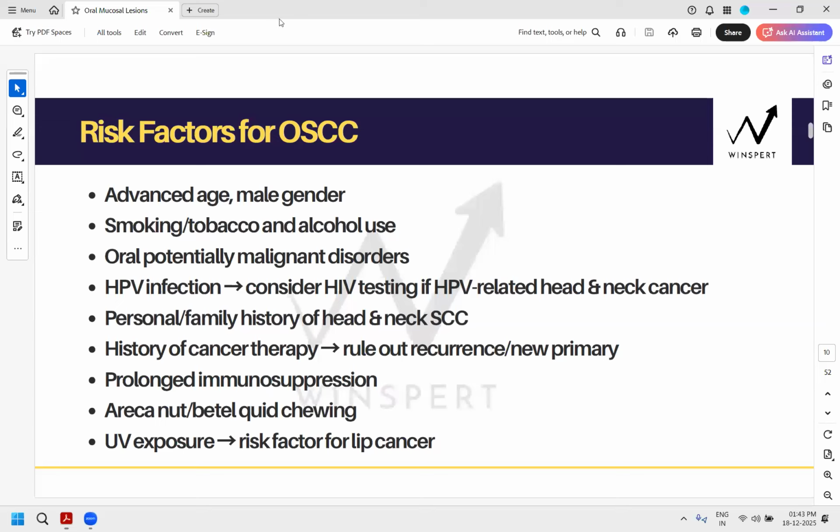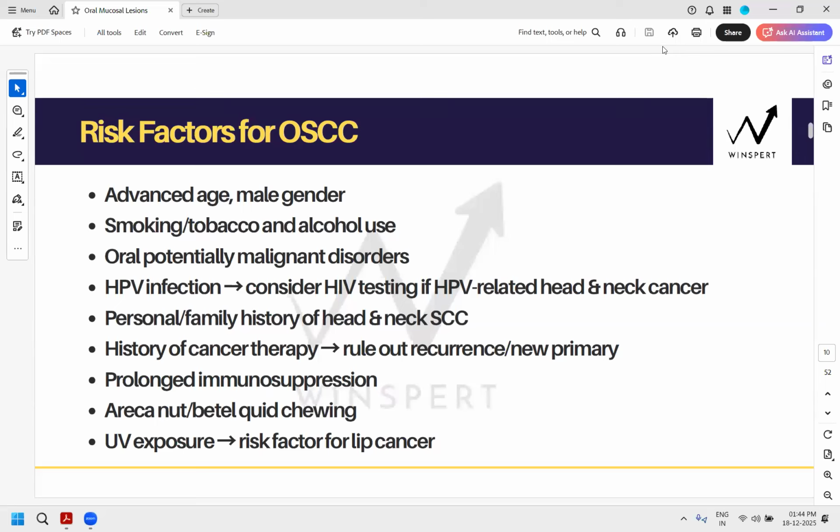Now, what are the risk factors? So one of the concepts we learned was if you see any lesion and there is a risk factor present, that will also require you to treat it and consider it as an oral cancer. Did I give you that concept a few minutes ago? If you see a lesion and there are risk factors associated present, you would consider it for management and investigations of oral cancer. Yes or no? Did I give you that concept or not?